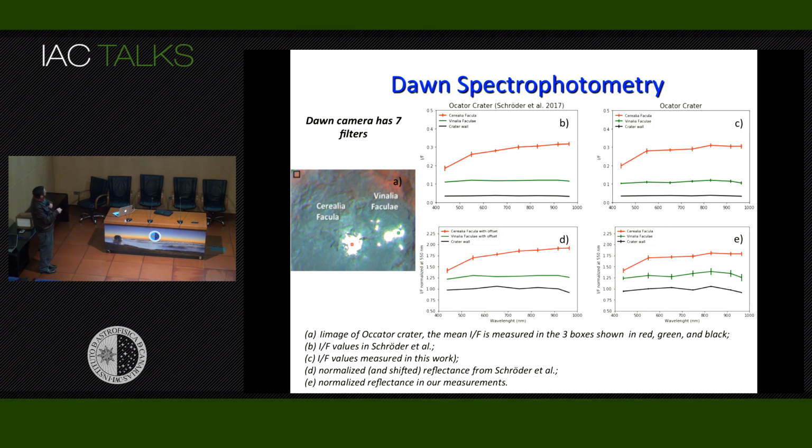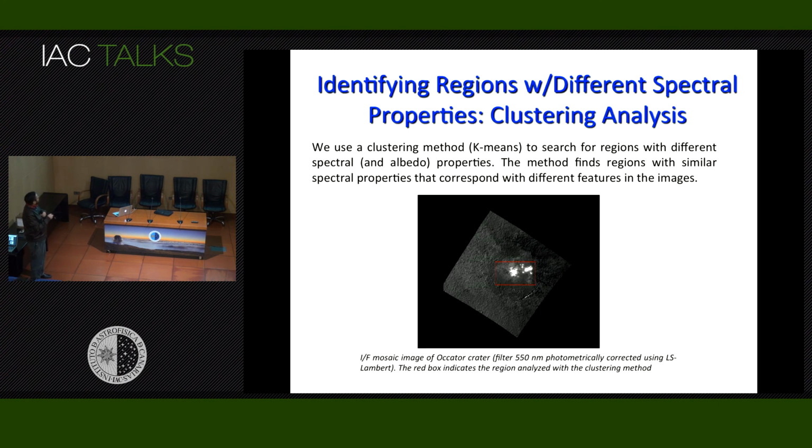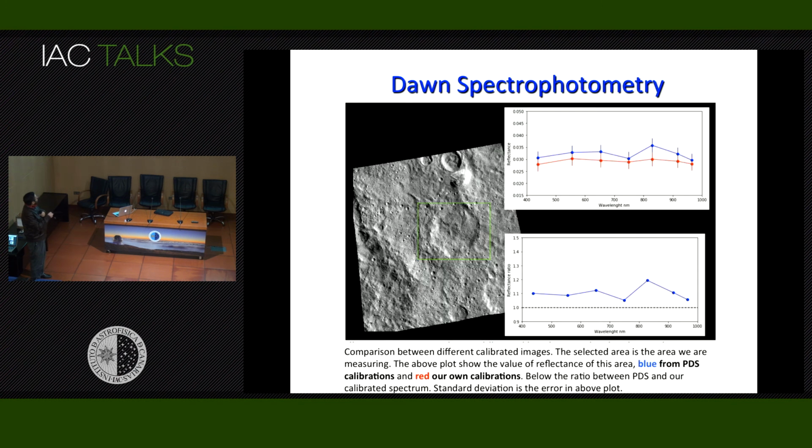And we first reproduced it using images obtained from the PDS, the measurements by Schroeder et al. And we noticed that there are some differences. We contacted Schroeder. We decided not to use the PDS calibrated images, but take the raw ones and recalibrate from the beginning. This is rather complicated for sure, but he's doing it very well. And this is the difference he found between the PDS